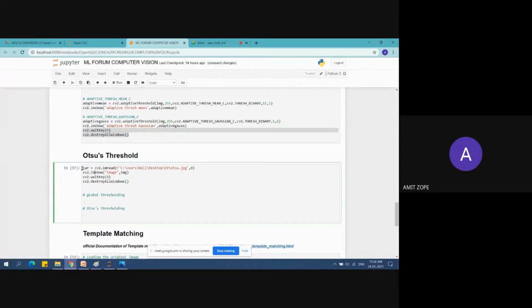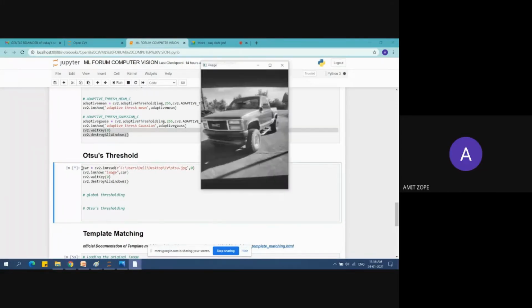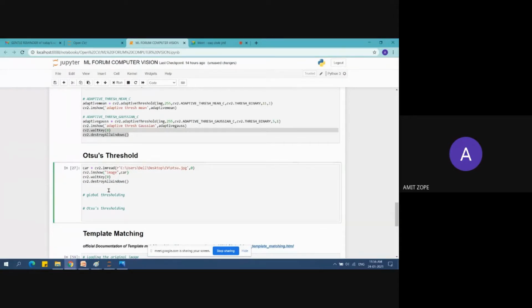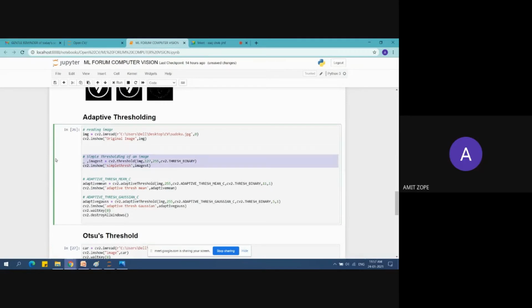First I will load the car image and run it. Yes, this is the car, converted to grayscale. Now first I will do global thresholding, that is, simple thresholding on this image.